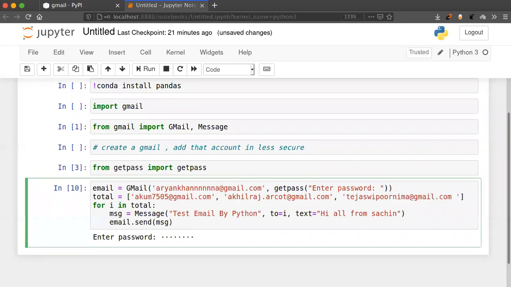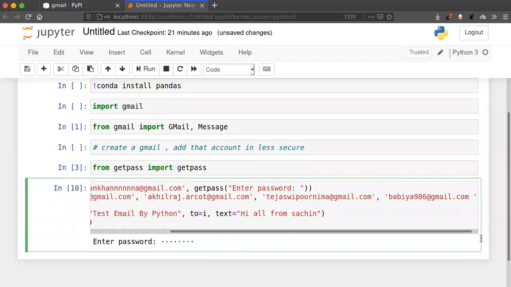I'm going to use one random mail as well. So the last one I have used is this one. Okay, and now using this program I can